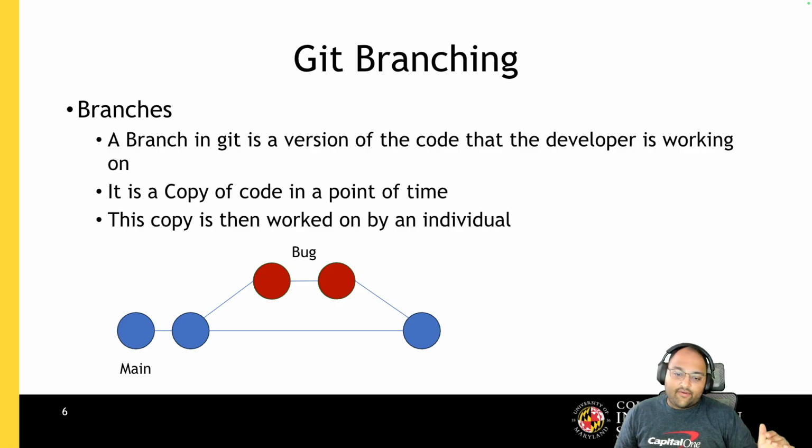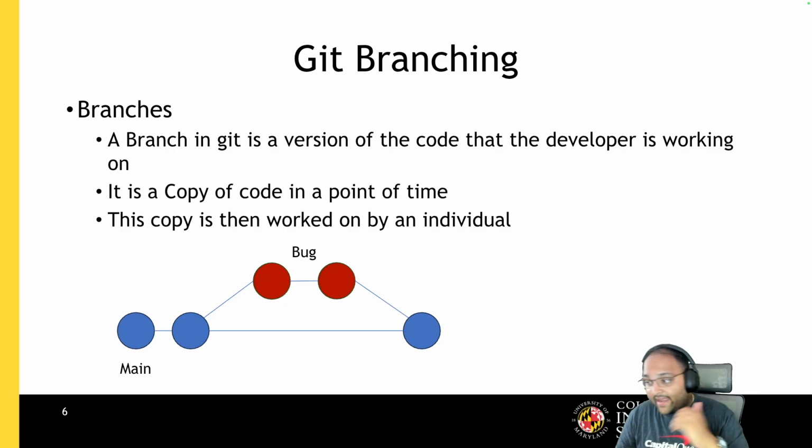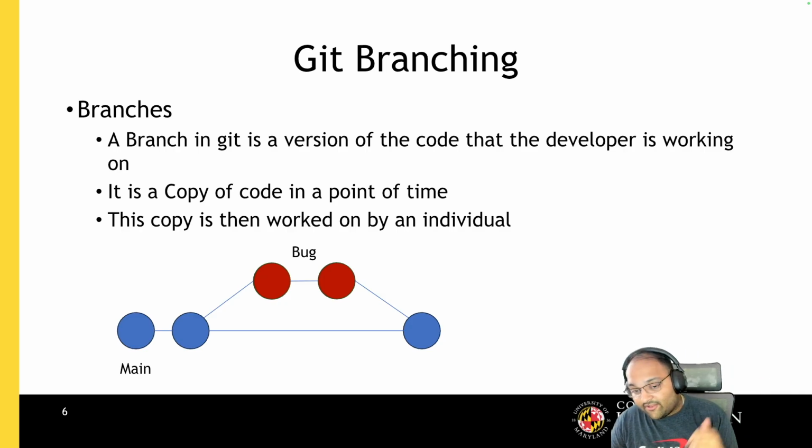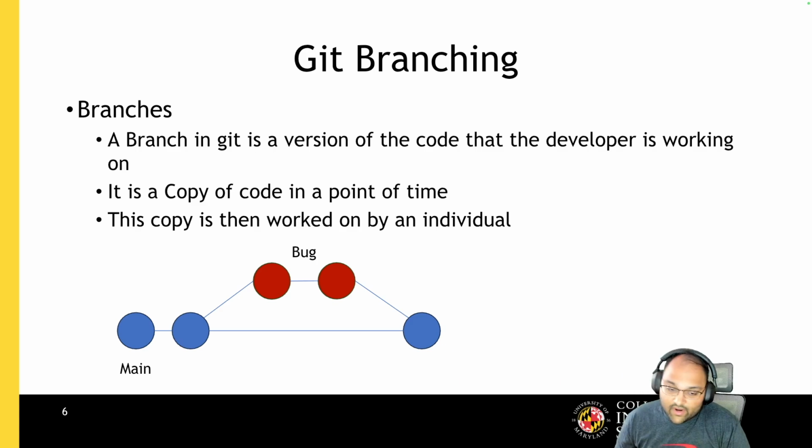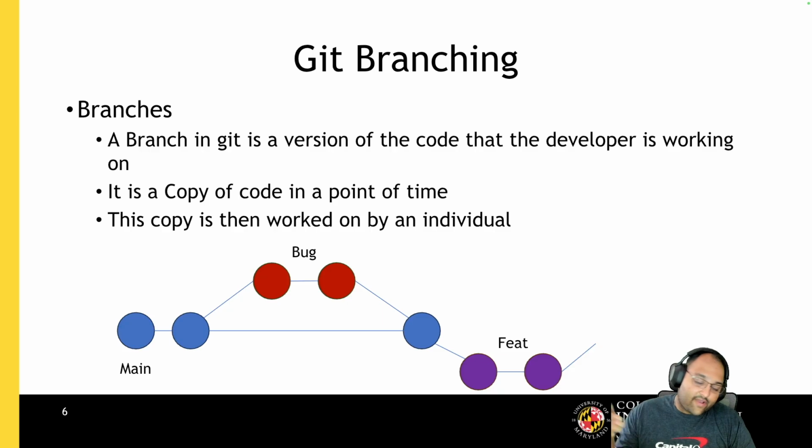Now what I'm going to do is then go and merge it back. So what I'm saying is main now has the branch that I worked on with my changes, and now that is the primary branch. So then someone else can now take this code and say, oh, okay, I'm going to introduce a feature. So they'll take that latest code, branch off of it, build that feature, and then merge it back,